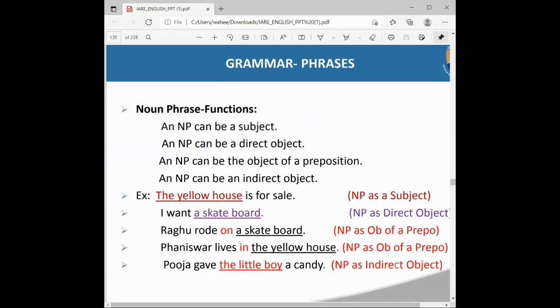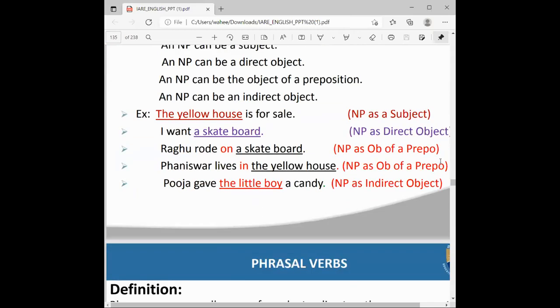A noun phrase can be a subject. A noun phrase can be a direct object. A noun phrase can be the object of a preposition. And a noun phrase can be an indirect object also. Here, the noun phrase as an object is the yellow house,